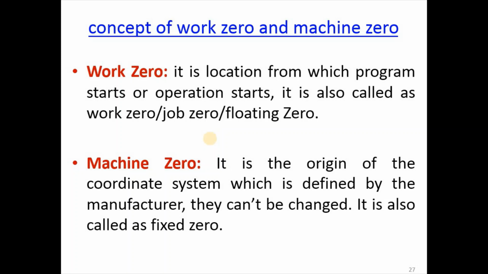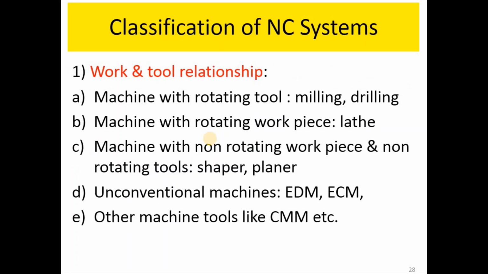Work zero means our tool is near to the workpiece, and machine zero means our tool is far away from the workpiece. Okay. So the next part is